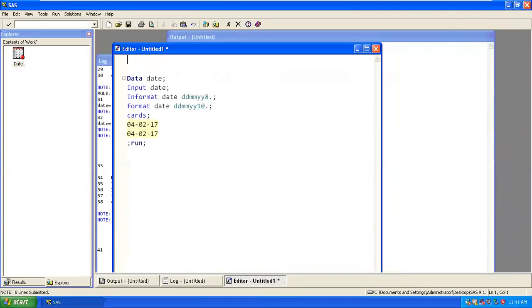So if you go ahead and look at options, YEARCUTOFF equals, let's say I'll change it to 1910.